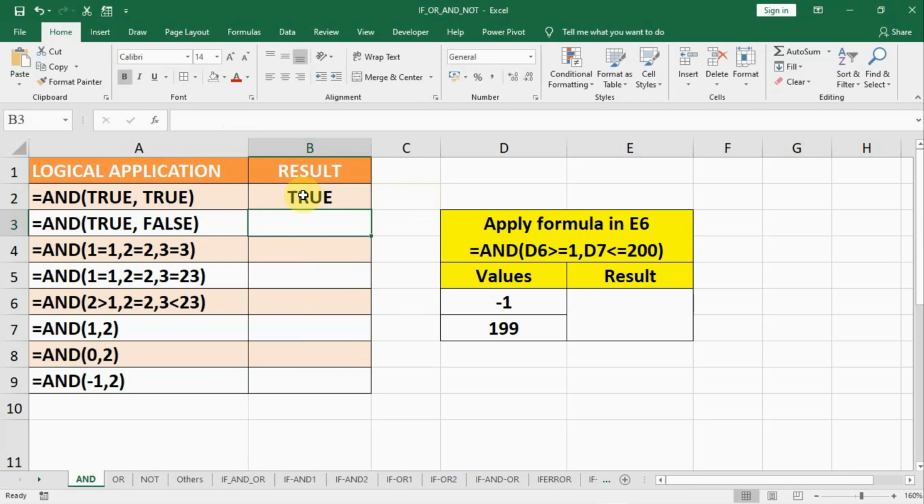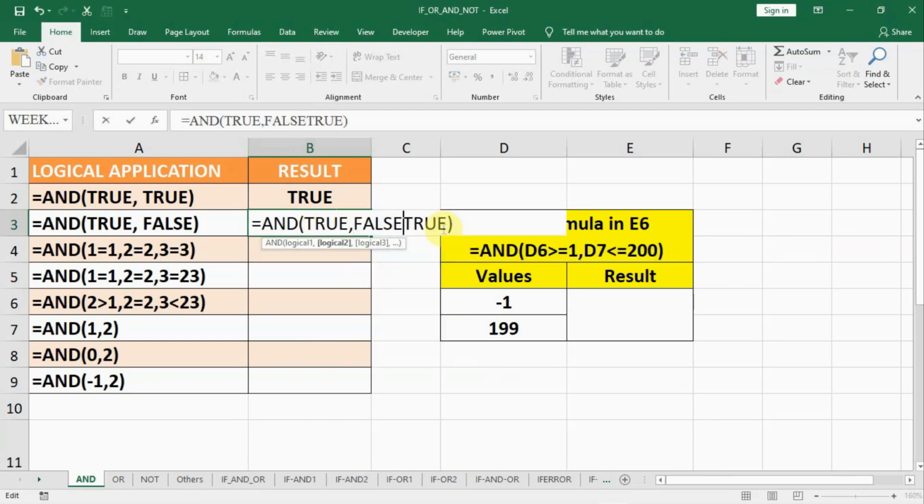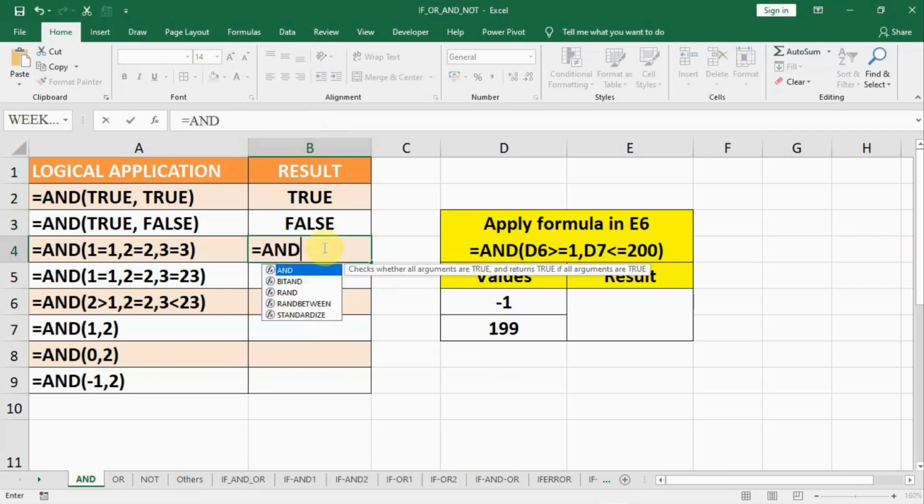Whereas if any of it is false, if I copy it down and paste it here and make the second one FALSE, then one is true and another is false, so the result will be false. Here if I write equals AND, 1 is equal to 1, and 2 is equal to 2,